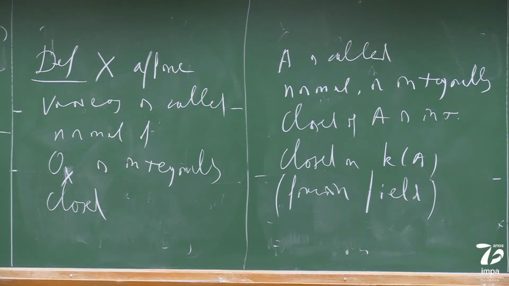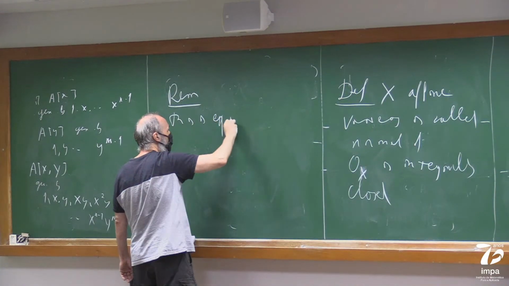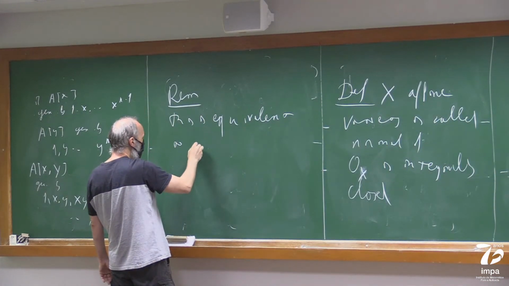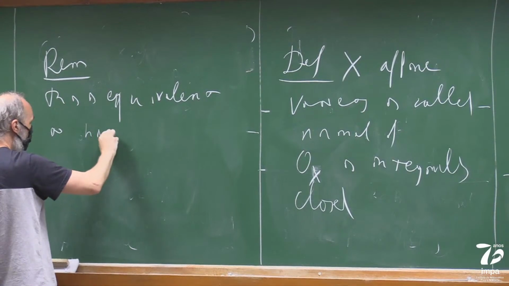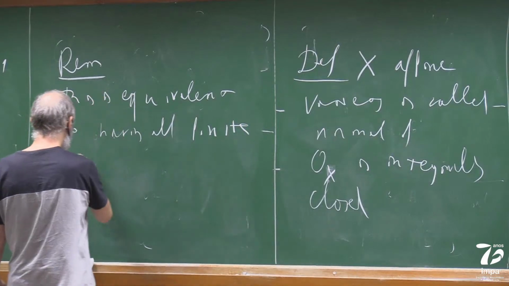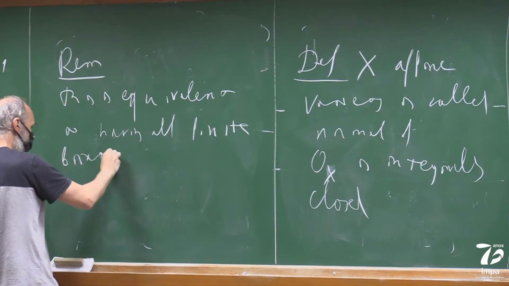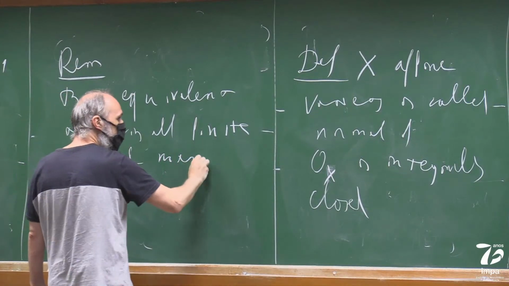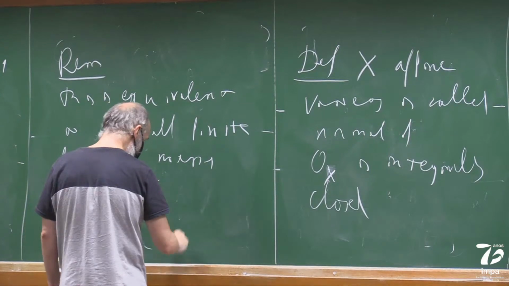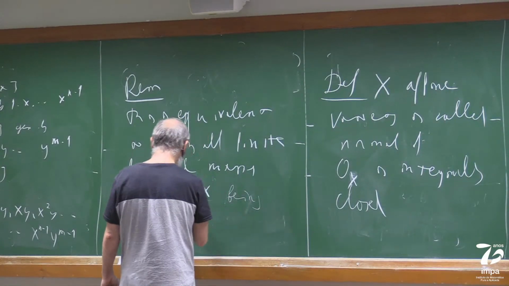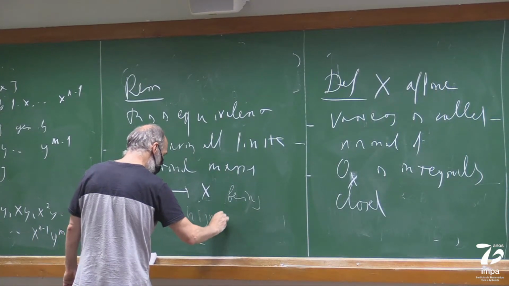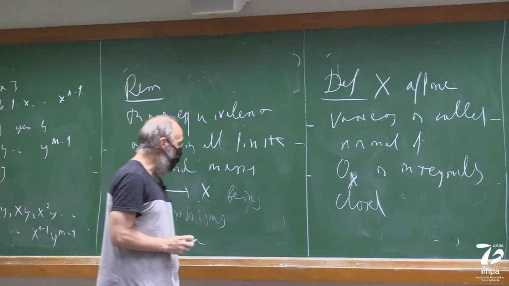This is equivalent to having all finite birational maps x1 to x being isomorphic. Why is it so? Well,